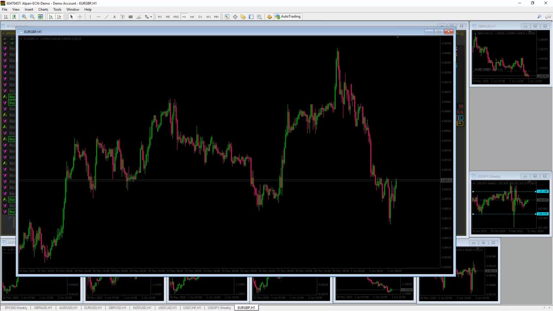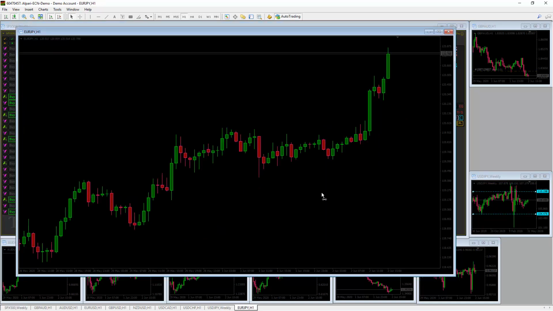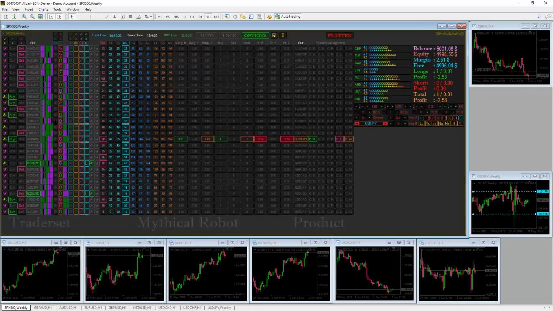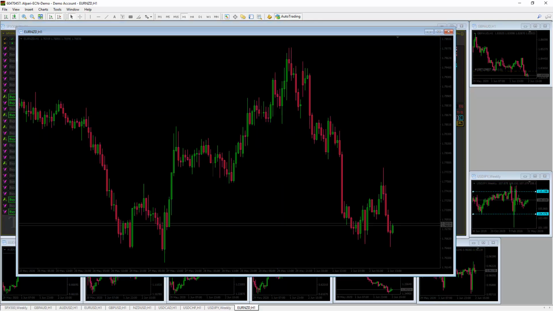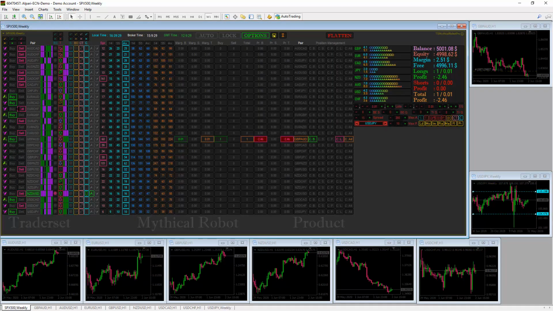Euro GBP, should go up. Support level, this is the resistance level. So, buy. Euro JPY, down. Euro NZD will go at the very least up to here. And GBP CAD,